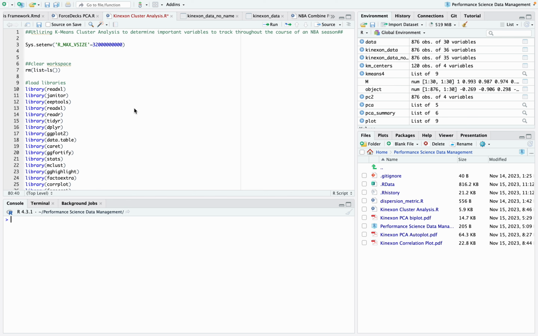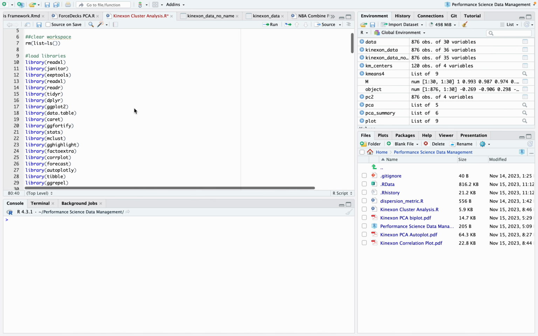All right, hi guys. So this is going to be my data presentation for the IMU lecture. For this presentation, I decided to bring in some local positioning system data that I got from the entire 2022 to 2023 NBA basketball season, just for one team. I brought it into R, and I want to run through some results that I got from a cluster